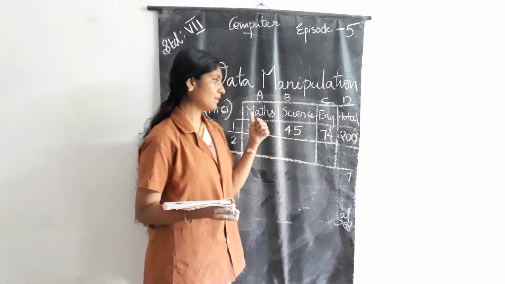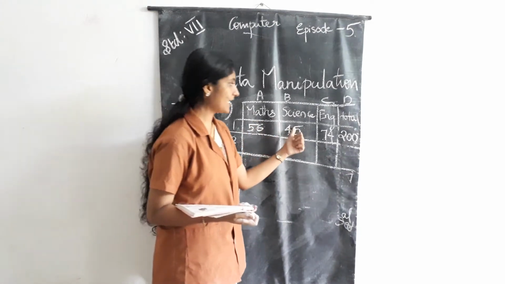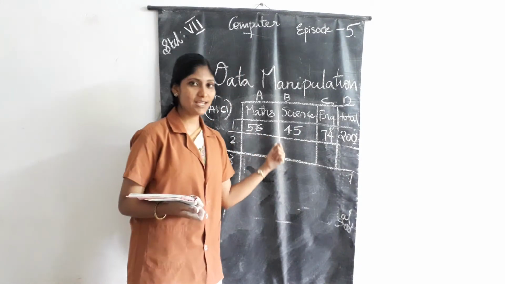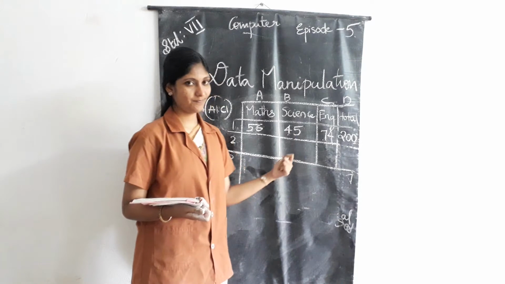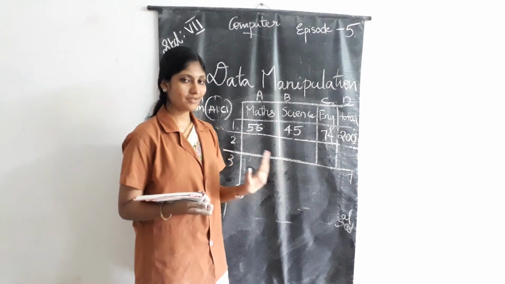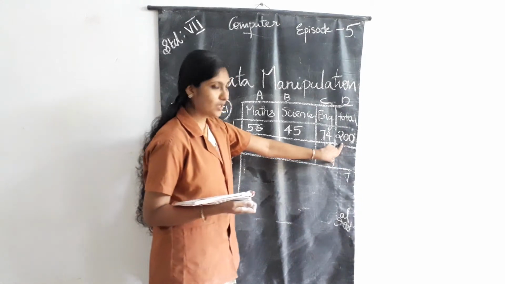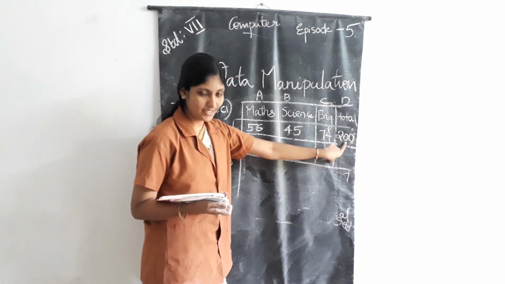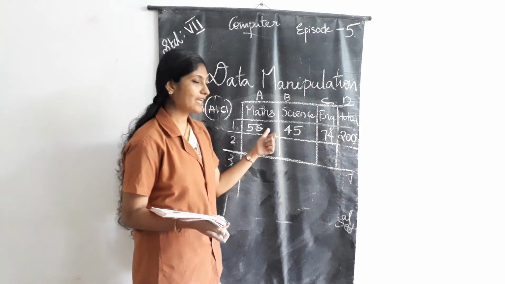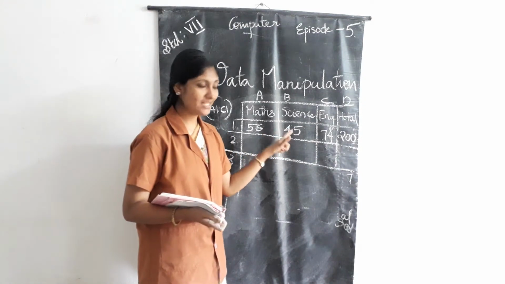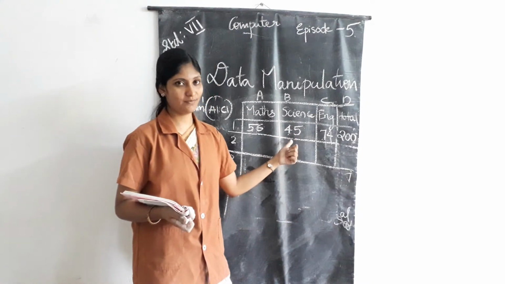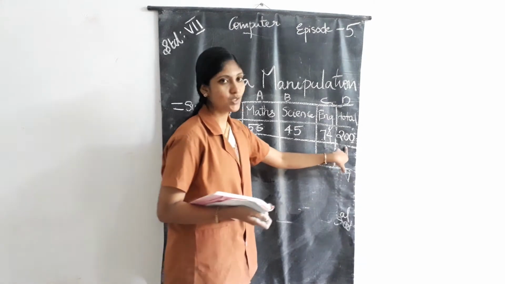Any of the inputs. Input means maths is an input, science is an input, English is an input. We must change any of the input marks, because then only the calculation will be correct. Then we want to get the final result 200. Here the question is by changing the science mark. So the input changing subject is science. We have to change the science mark. That means we can change the 45. The final result is 200.